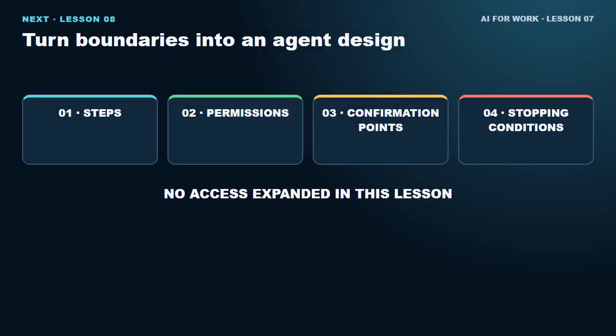In Lesson 8, we will turn these boundaries into an agent design with explicit steps, permissions, confirmation points, and stopping conditions before